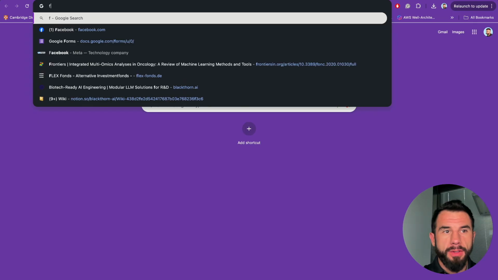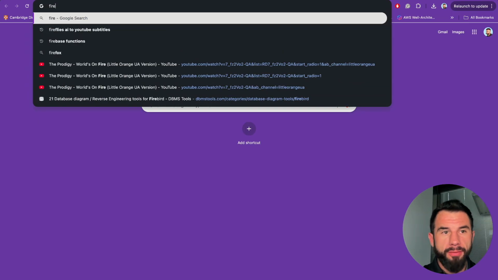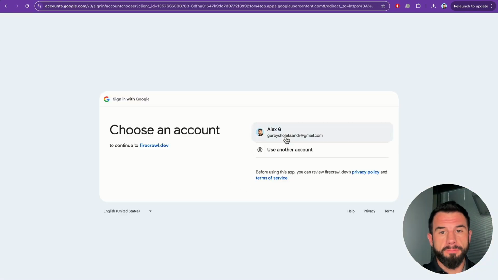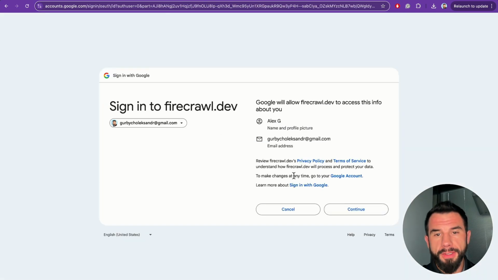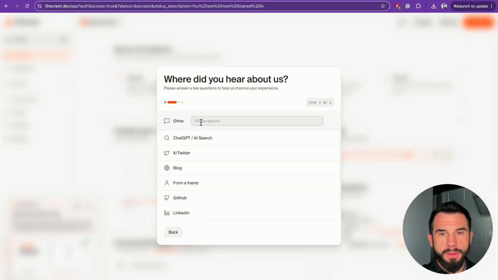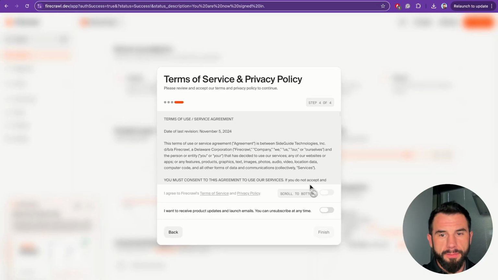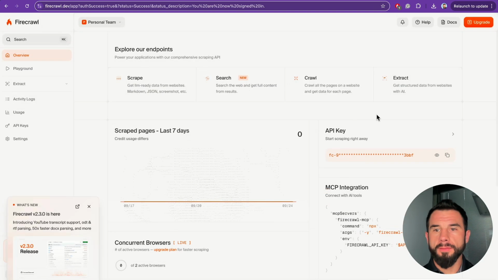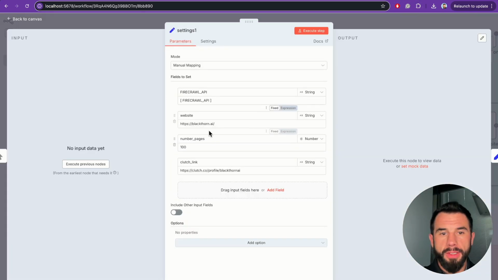Firecrawl is easy. Just open Google search and type Firecrawl. Open the first link, click sign up. Click continue with Google, continue with your account. Skip this. Agree to the rules. Now you will see the API key, copy it, go back to n8n, insert instead of Firecrawl